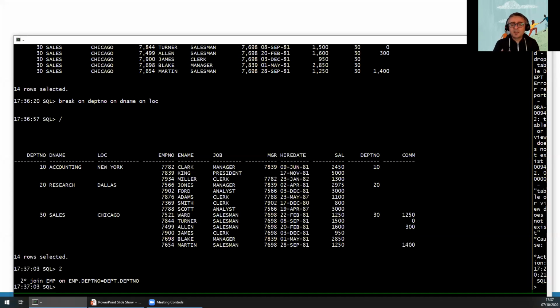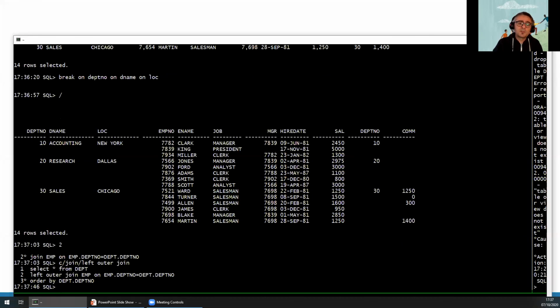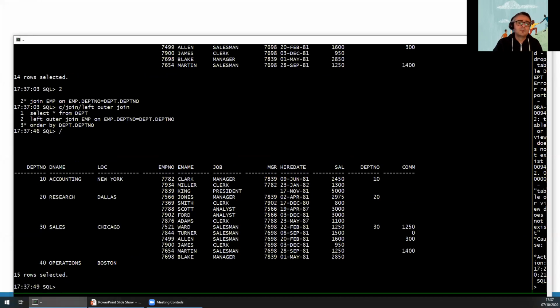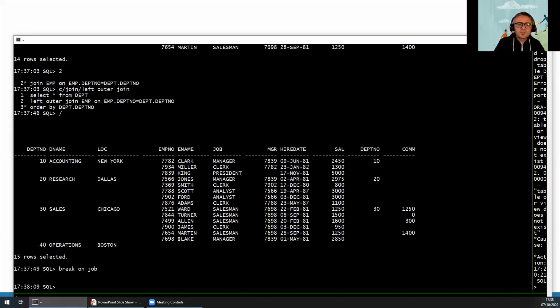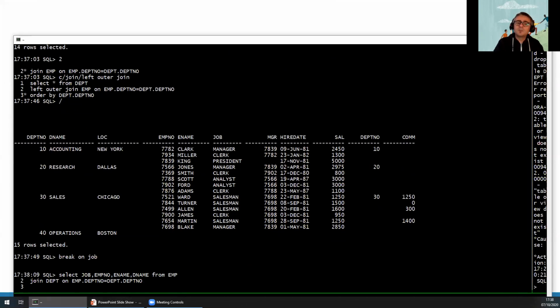And I mentioned that the join is done at runtime, so you have to put the join information at runtime because you may want to see different things. For example, here I have the list of employees per department, but I may want to see the information that there is a department without anybody in it. And in SQL, it's just one change in my declaration of the result I want. Left outer join means that the table on the left, the department, may be there even if we have nothing else there. What I want to say there, while I'm doing the same and breaking on jobs, is that I